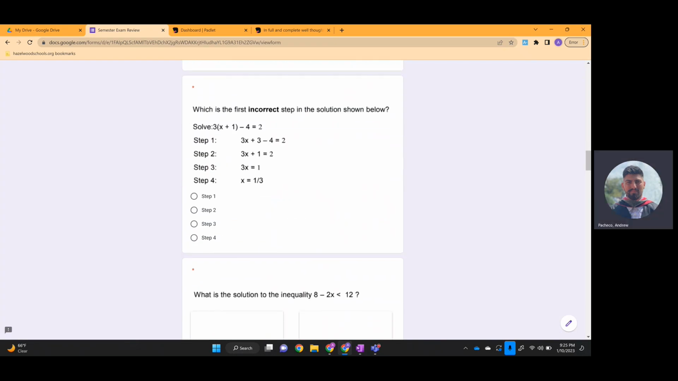The next question says, which is the incorrect step in the solution shown below? So you have 3 times the parentheses, x plus 1, minus 4 is equal to 2. That's going to simplify, at least in step 1, to 3x plus 3 minus 4 equal to 2. Then it's going to go to 3x plus 1 equal to 2, and then 3x equal to 1, x equal to 1 over 3. The one step that they messed up on,